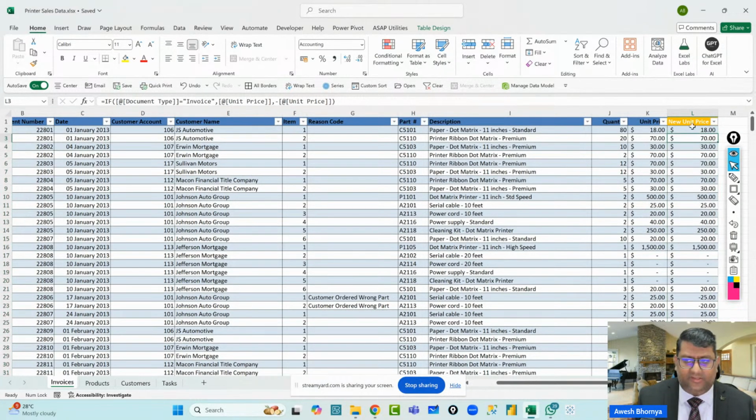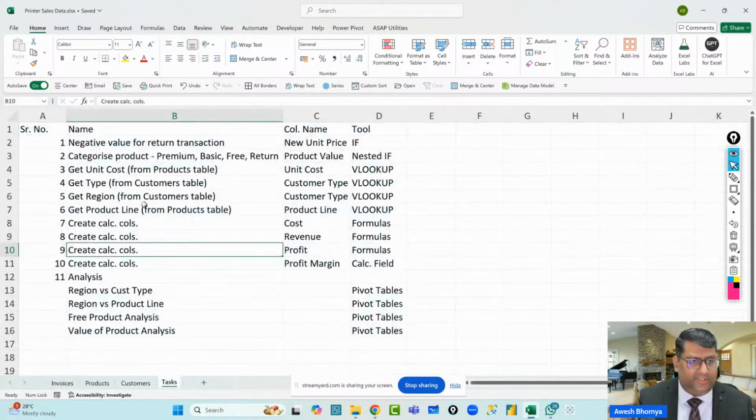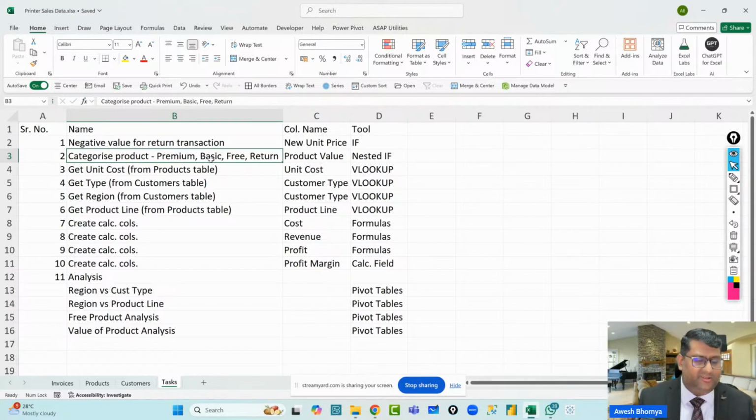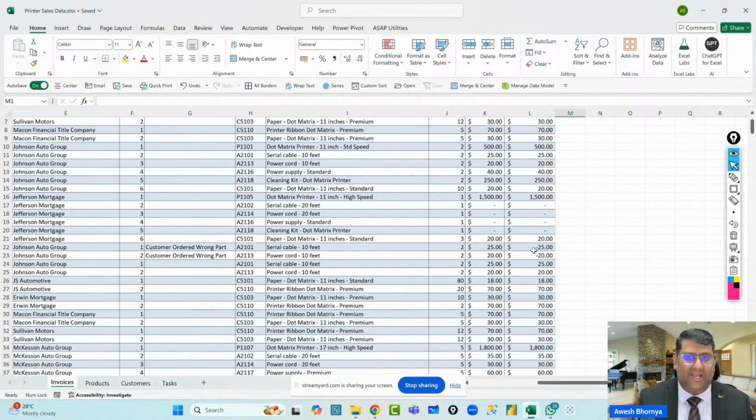Now, once you've done this, the next thing that we need to do is check for the other tasks. The next task is to understand whether the data is a premium product value, whether it is basic, whether it is free, or whether it is a return. In this case, the moment I convert my values into negative, I end up with 4 types of data.